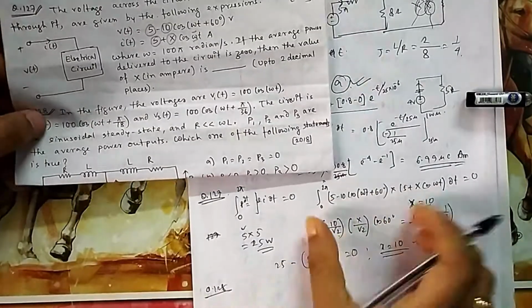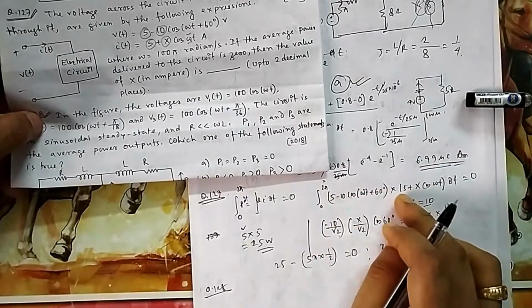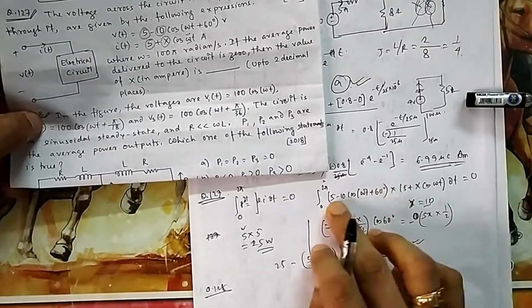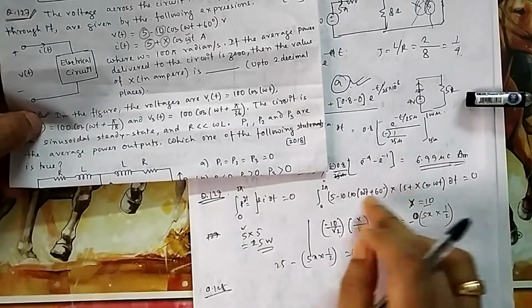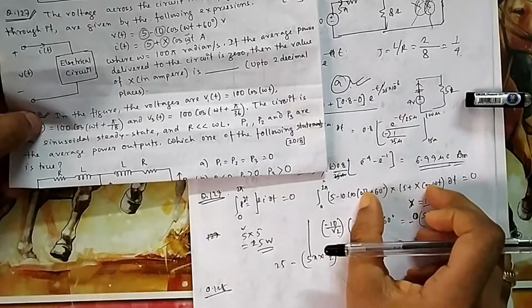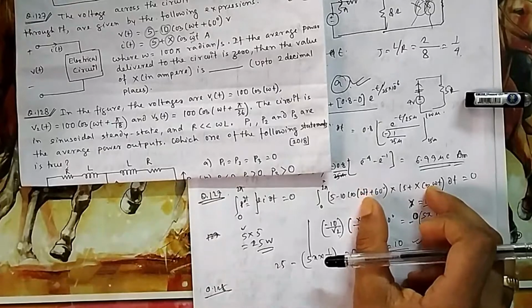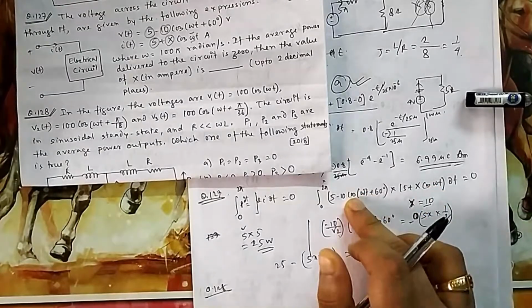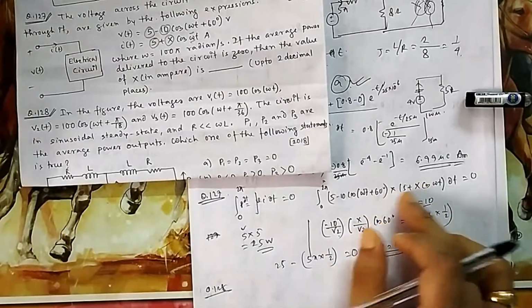You can do this integration also. This will be quite lengthy, but you can do it. You take the product 5 into 5, 5x, 10x. So 5x cos integration is easy. 5x cos omega t plus, that is also easy. And here you have to apply cos A cos B. If you apply 2 cos A cos B, then you will find a formula and you can easily integrate this: cos omega t into x cos omega t plus 60, this one.